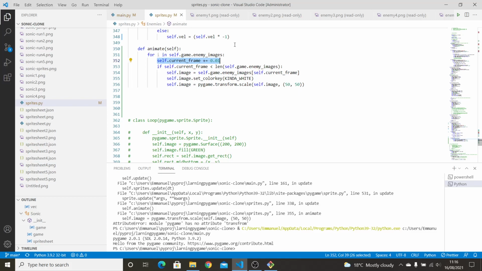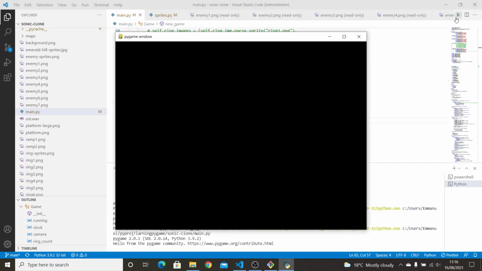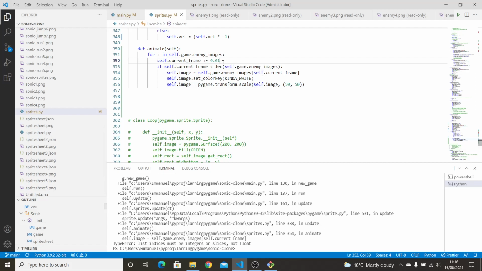So basically, indexes aren't floats, right? Indexes are integers. An index in a list is an integer, not a float. So I want to see if I get an error for this, because if that's the case, then it means that the loop is registering. Yes. Okay. It's picking up on the list. On the loop. So let's try this. Int